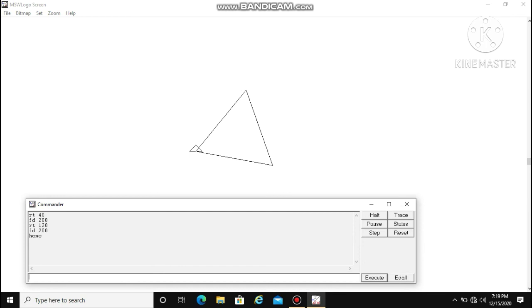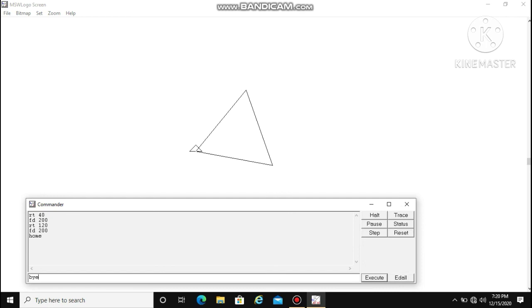In the next period I will teach you an app which is used to draw with Logo commands. So on your mobile also you can practice that. Now we will close this Logo with the help of the BYE command. And how to do that? We just have to type BYE and then enter. Once we press enter, this command will execute.